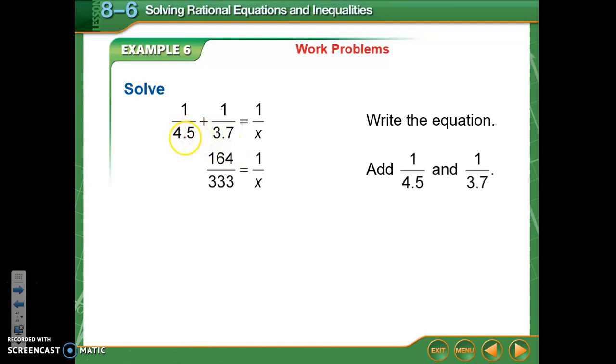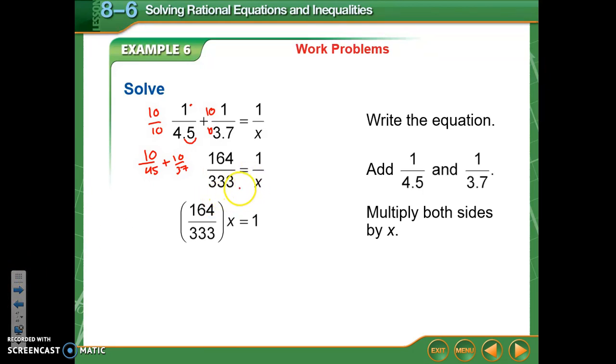If you get confused with these fractions that have decimals in them, I would just multiply the numerator and denominator of each fraction by 10. Multiply this by 10 and by 10, so that would give me 10/45 plus 10/37 has to equal 1 over x. That's where they get this fraction, from the common denominator between 45 and 37. And then I'm going to solve for x. Here they're multiplying both sides by x, basically. So I multiply this by x and this by x. And then I have to get x by itself, multiply both sides by that reciprocal, and I get about